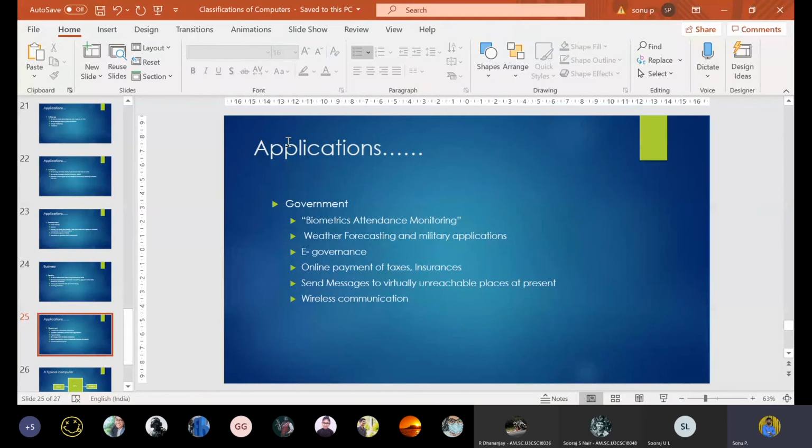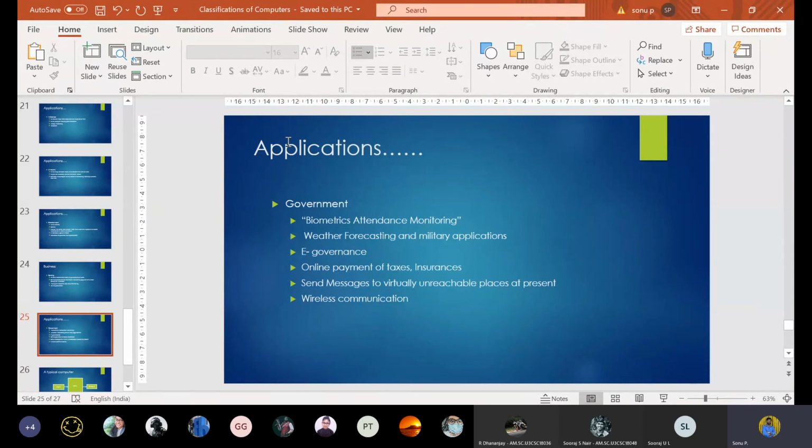Government is also using this for military applications and weather forecasting, to give precautions or identify floods beforehand. Government is using a lot of internet related aspects.